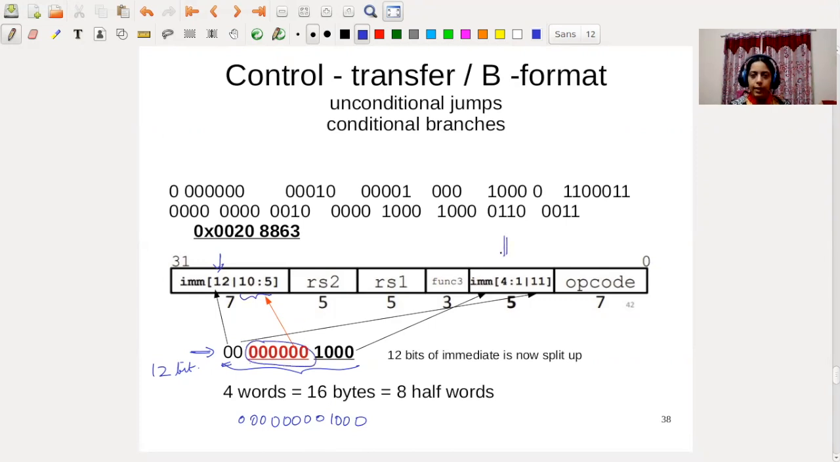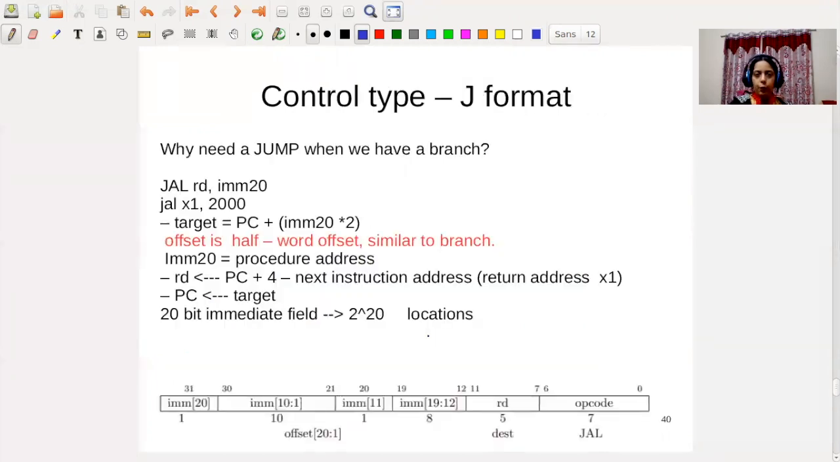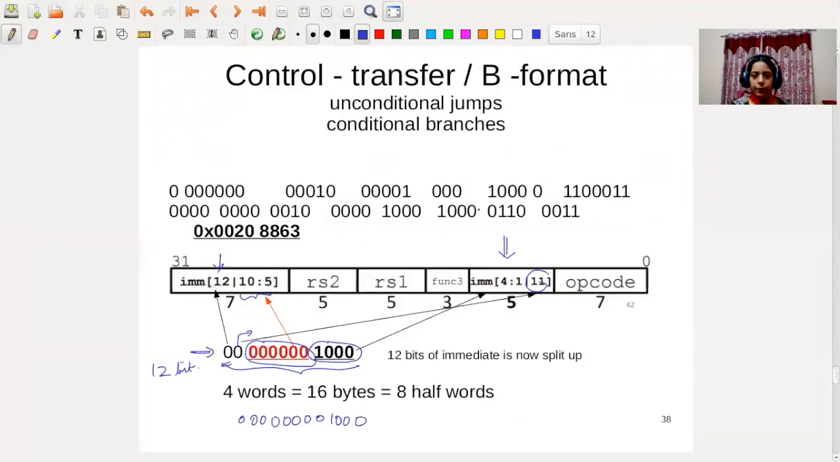Then the immediate field is here, which is 4 down to 1. So 4 down to 1 is 1000. And then you have the 11th bit, which is again 0. So if you now write this up in a proper format, you will see that you will get this particular